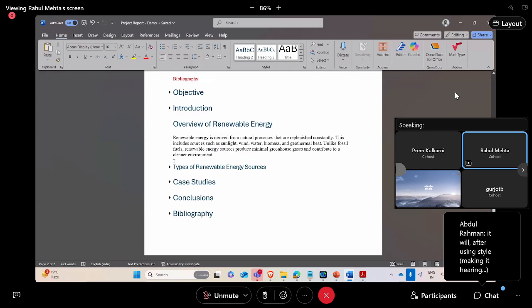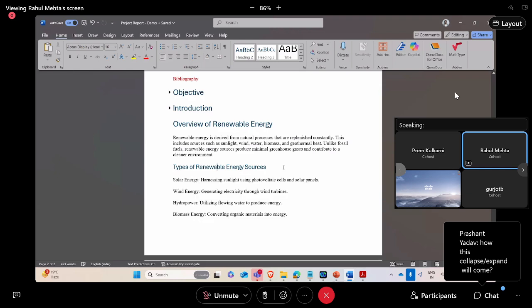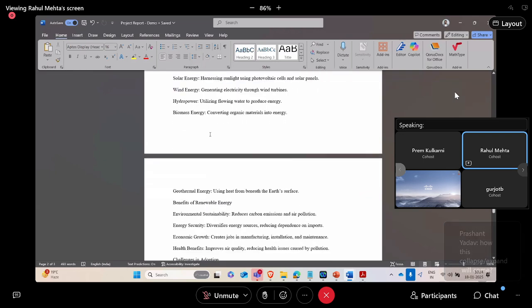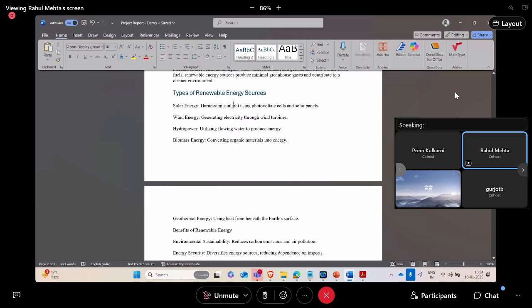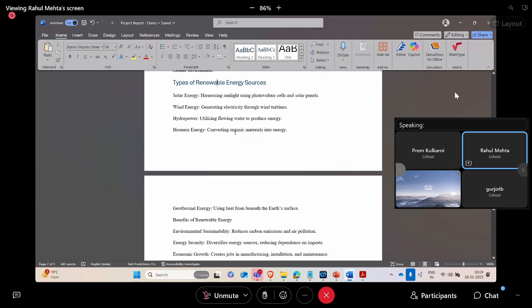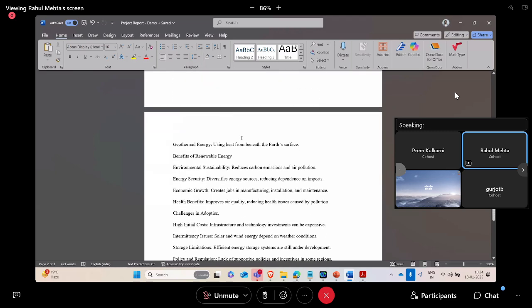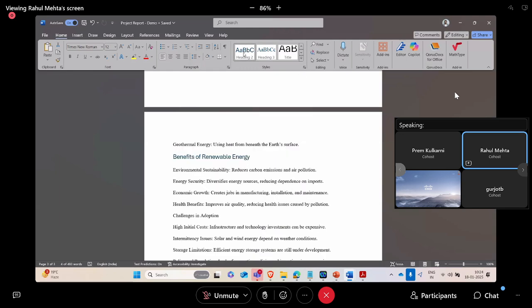Right, so it's clearly seen that now when I shrink this, everything is covered in heading 2. See, now that I don't want. Now again, I'll go a little bit. So let's say type of renewable energy, let's say solar energy, wind energy, hydropower. Okay, these are all coming under the type of renewable energy. Then a little bit scroll down. Let's say I want to also have a subtopic or subheading, benefits of renewable energy. So I'll put again heading 2 itself. Guys,